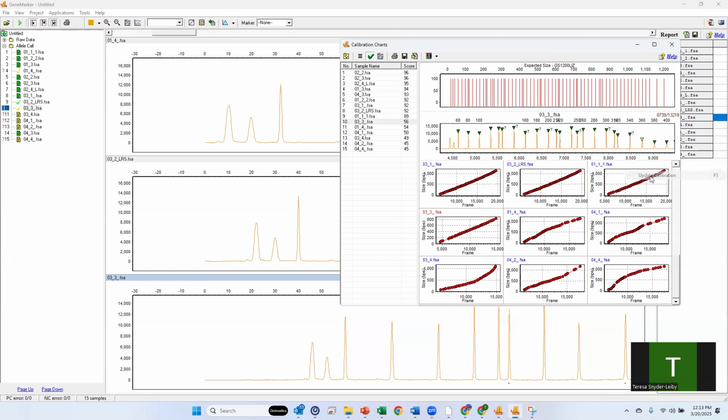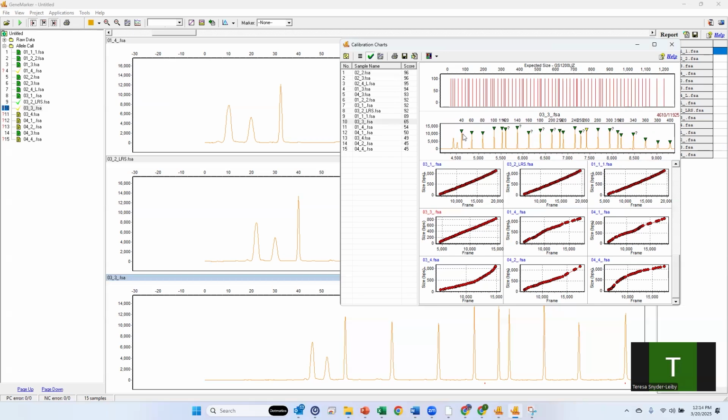When we click Update Calibration, we see that those points are added to the calibration curve, and it has increased to a 65. It will never get up higher and into the 80s again because of that loss of resolution out here at the higher molecular weight. This goes all the way up to 1200. Okay. But for the lower size range, we've updated the calibration manually,